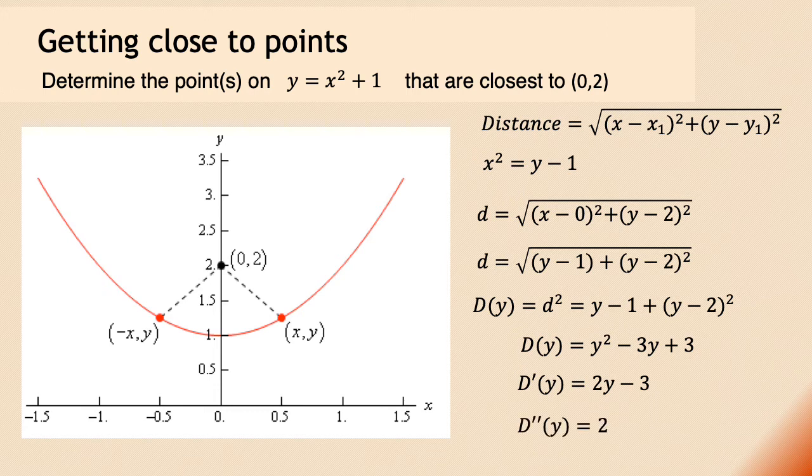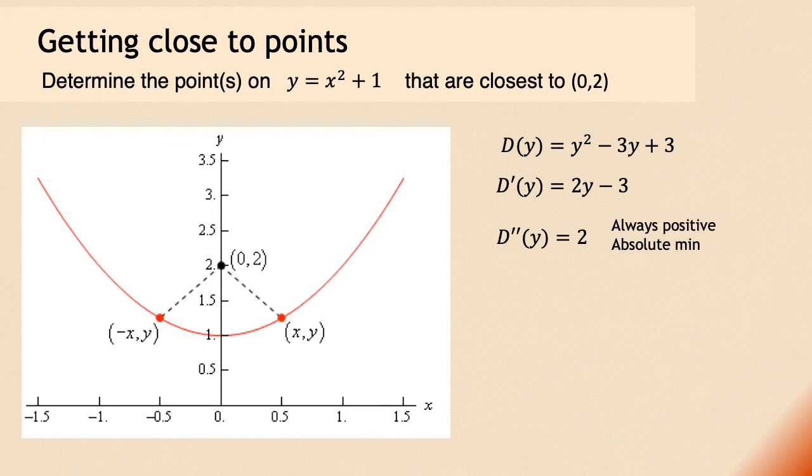And if you want to use the second derivative test, which I'm going to do here just for the heck of it instead of the first derivative test, you can go on and find the second derivative. And since the second derivative is just 2, that is always positive. So that means we have an absolute min. And so then if we solve, we get y is equal to 3/2. So we're looking at the point with y coordinate 3/2,